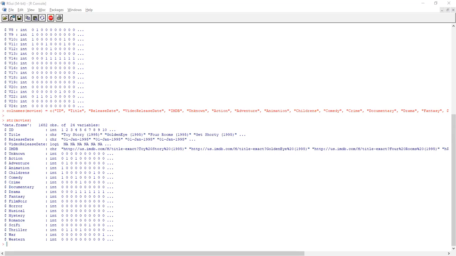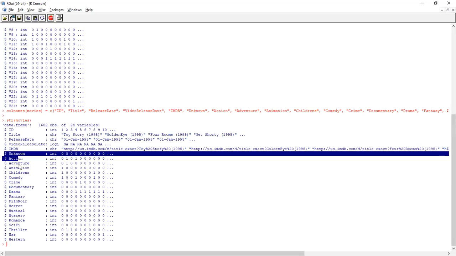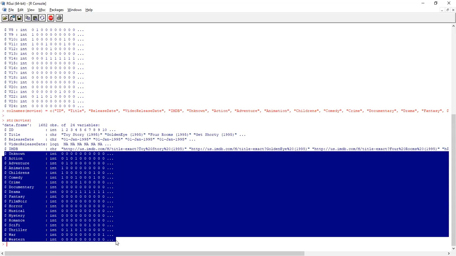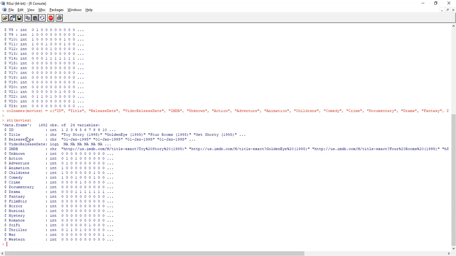Now the problem here is we don't want unwanted variables. We are calculating the distance between movies with respect to only these 18 variables. But we don't want ID, release date, video release date; title we keep because title is very important. So unwanted data are there that we can remove.